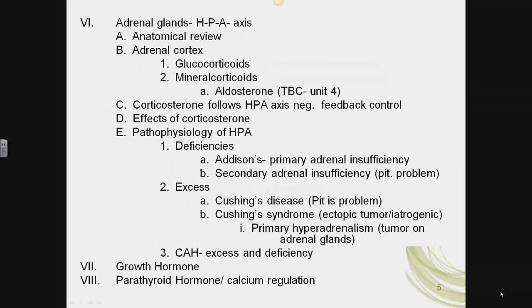Then I'll move on to the adrenal glands and talk about the HPA pathway, what it's supposed to do, how it's supposed to act, the normal physiology, and then of course I will highlight some of the pathophysiology of the